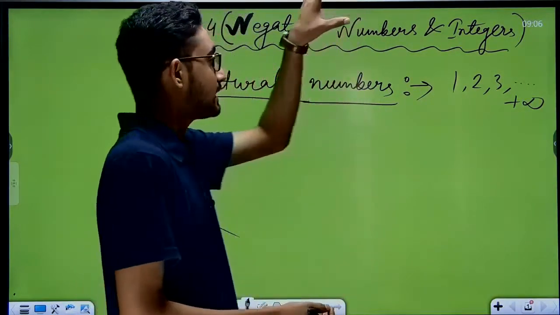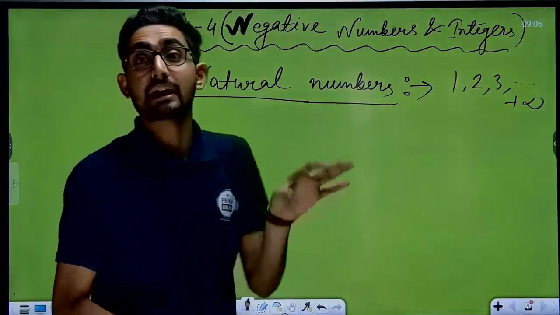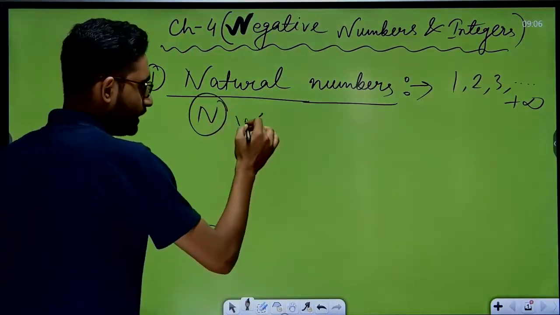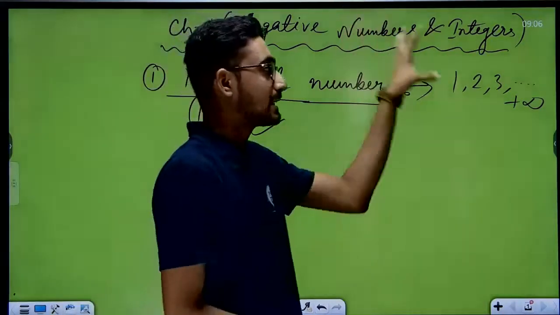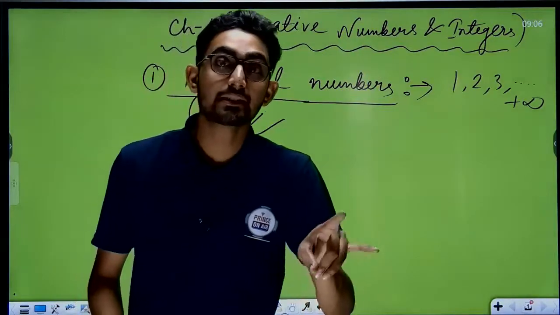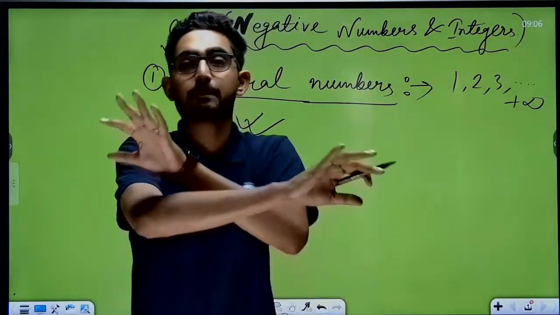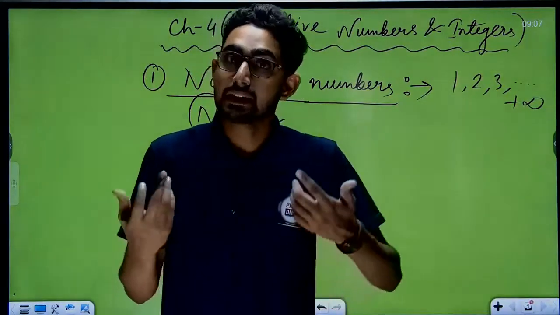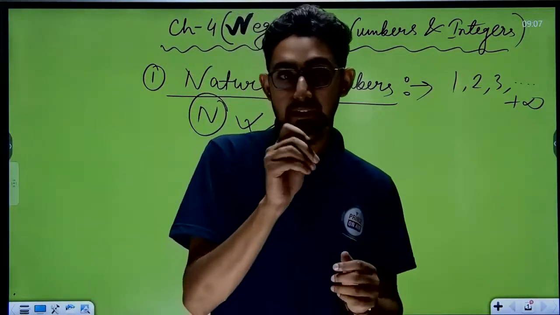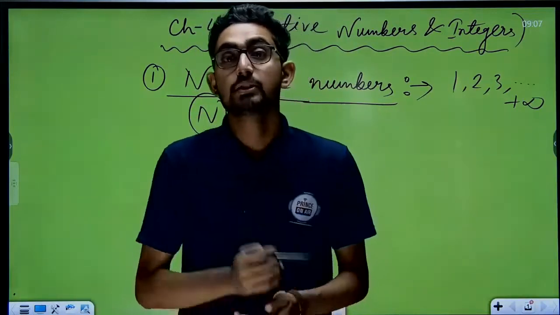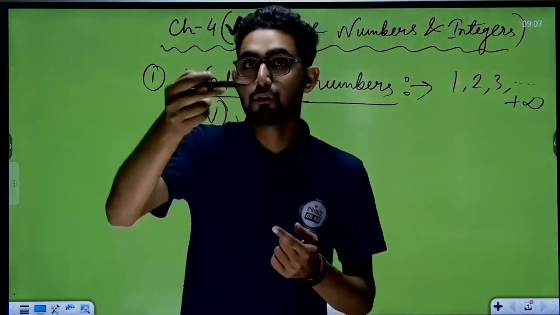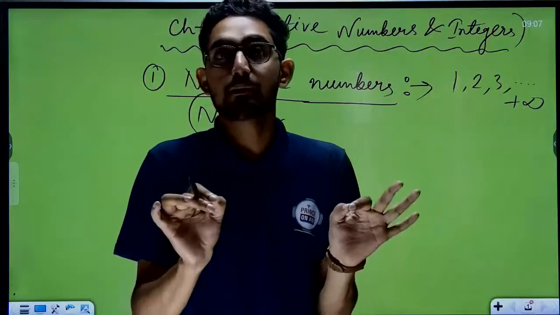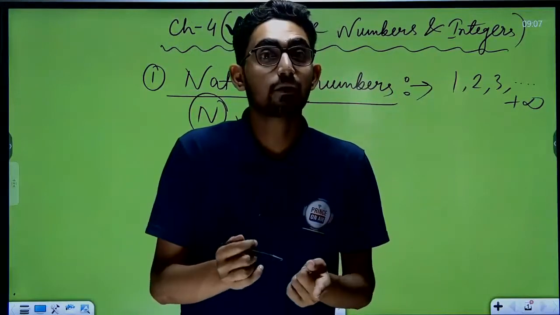Natural numbers are denoted by the alphabet N. Another very important thing: natural numbers are known as counting numbers also. Suppose in front of me there are 56 students. We can count them with the help of natural numbers only, yes or no? Suppose here there are 58 or 59 students. How will we count? Like 1, 2, 3, 4, 5, 6, 7, 8, up to 59. So with the help of natural numbers we can easily count